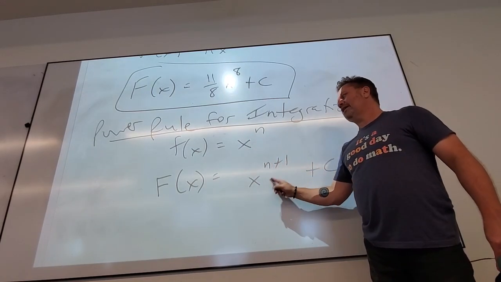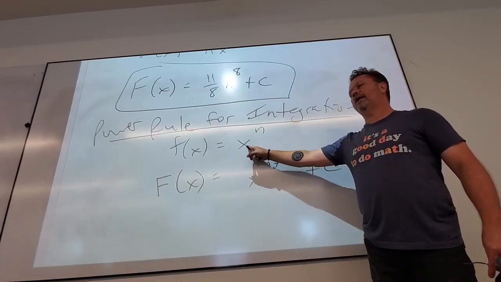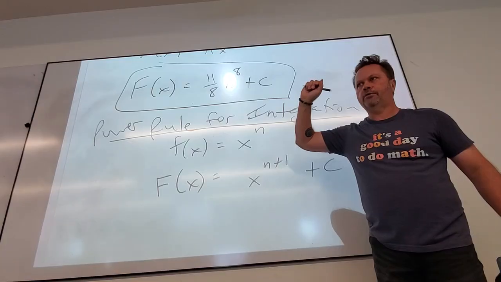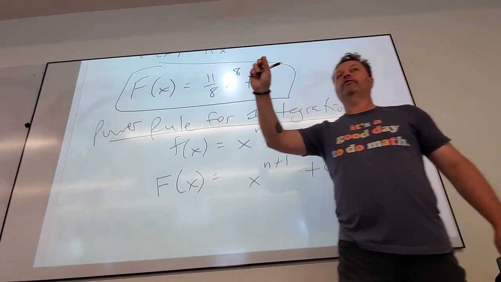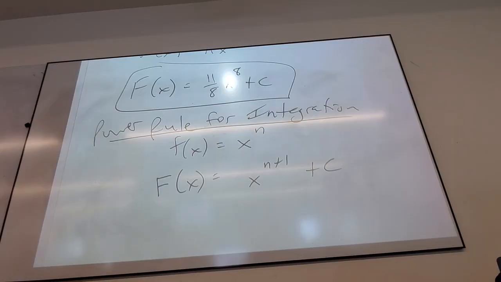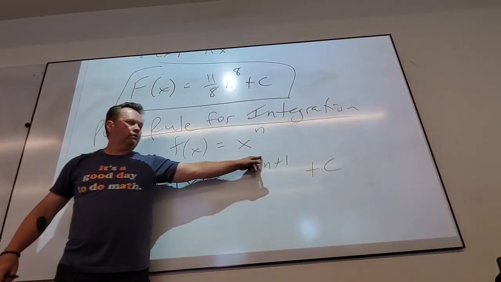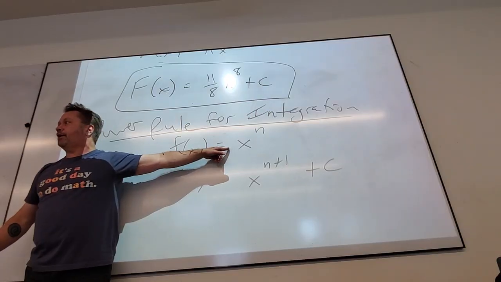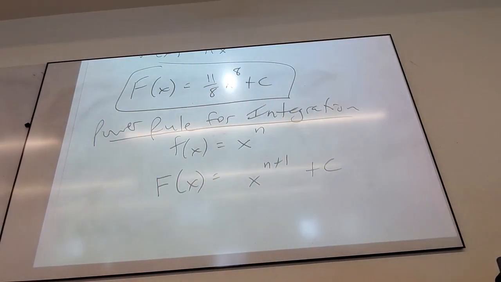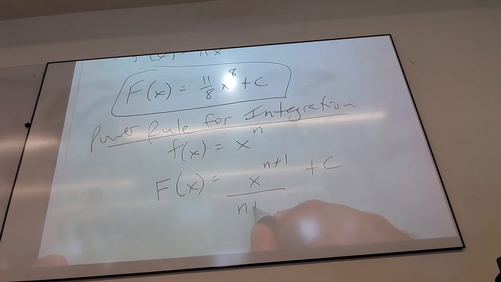So if I take this guy's derivative, it is not equal to this. It's off by a number though, yes? If I am off by a constant, I am right. I just need to adjust my answer to that constant. So if I take this guy's derivative, n plus 1 would come down. There is no n plus 1 there. So to make this match, there must be a divided by n plus 1 that was there in the first place.